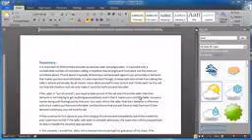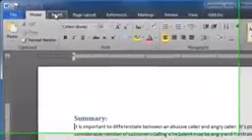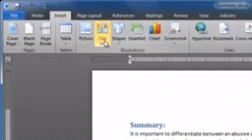In this video, I'm going to demonstrate two methods of grouping images together in Microsoft Word 2010. So I have a document here I'm going to use, and what I'm going to do is insert first a clipart image. So if you click on Insert, Clipart,